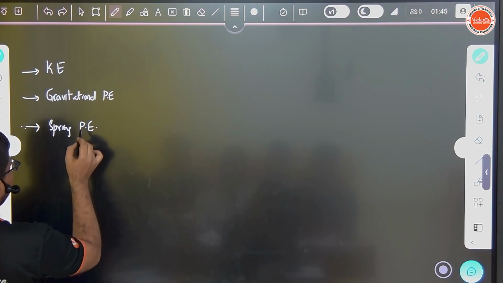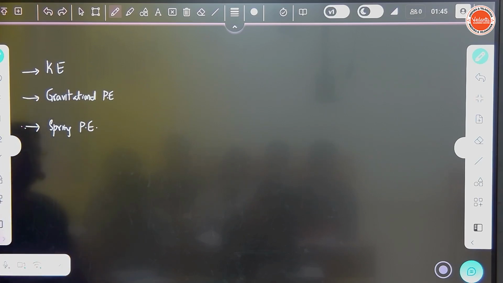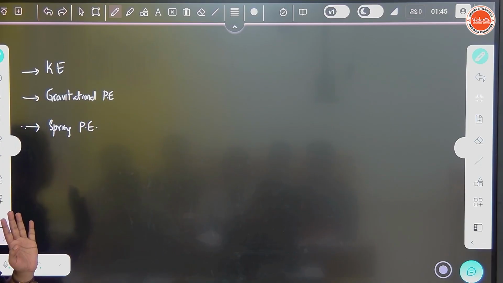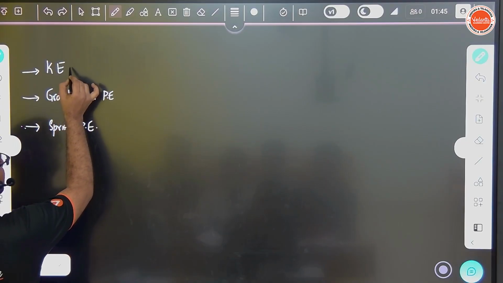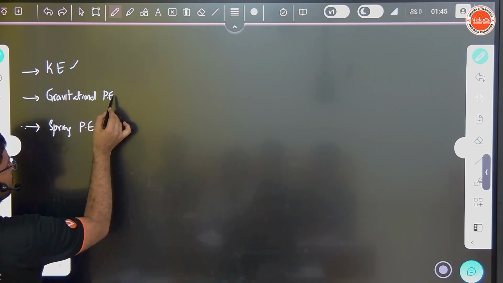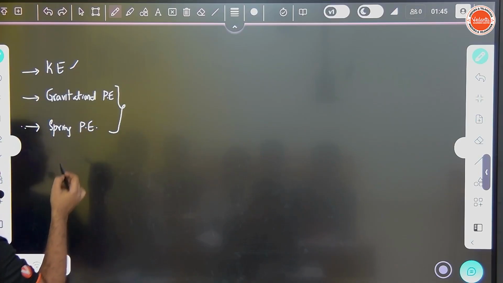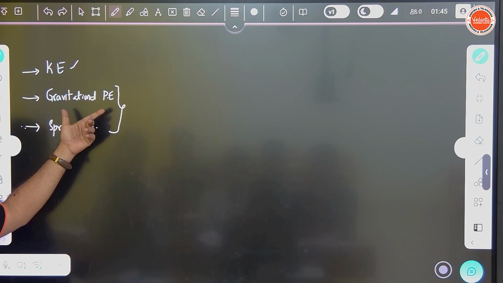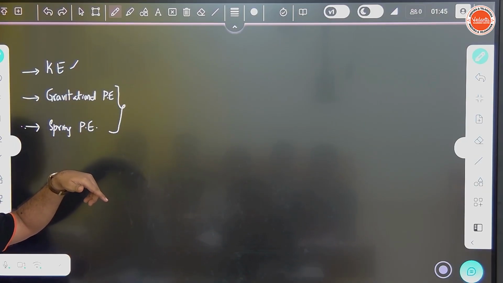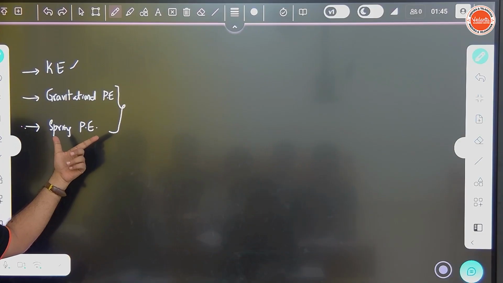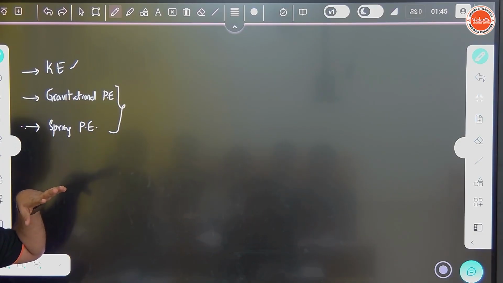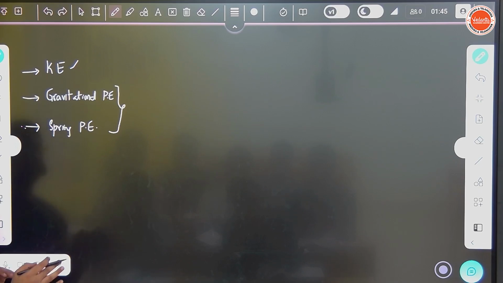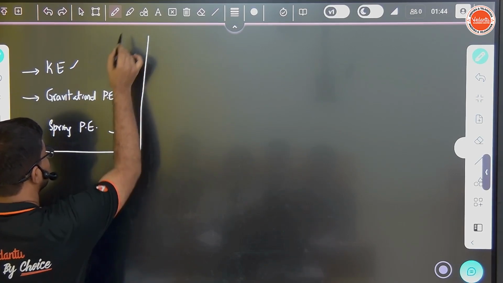Now, only with these three components, we are going to play with your complete work energy theorem here, right? So when I said that work done is equal to change in kinetic energy, that work done actually includes these two also, right? What is gravitational potential energy? It is nothing but work done by that mg force only, right? And what is the spring potential energy? Work done by that spring force only. Got the point, right? For some time, keep this aside here.